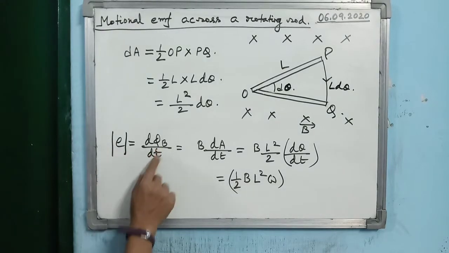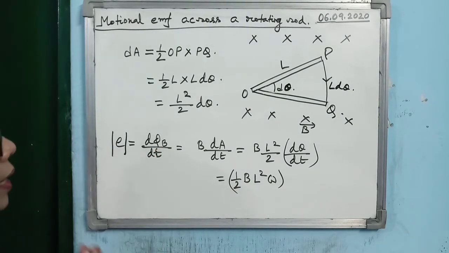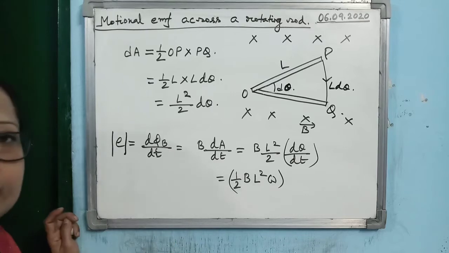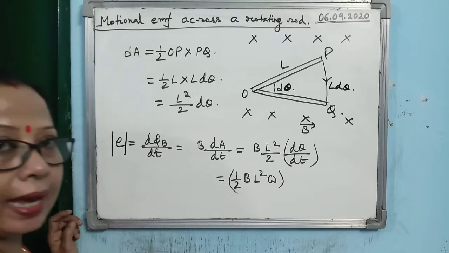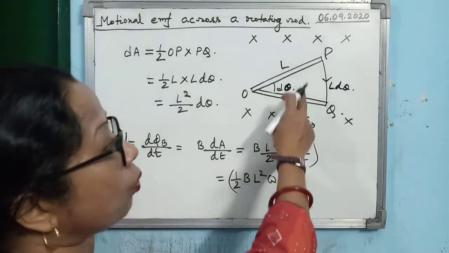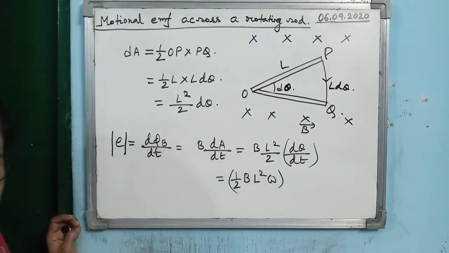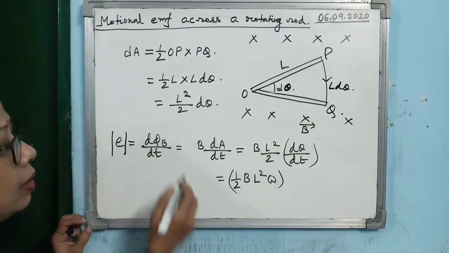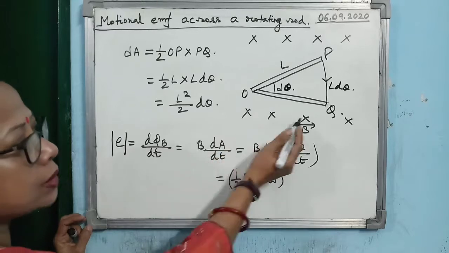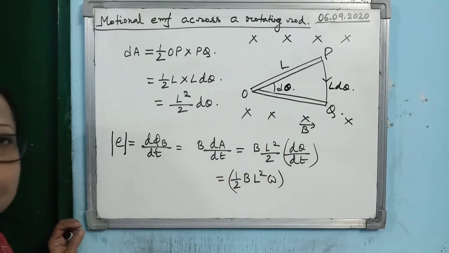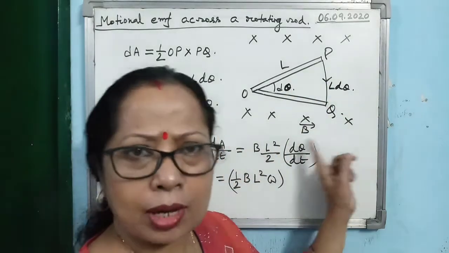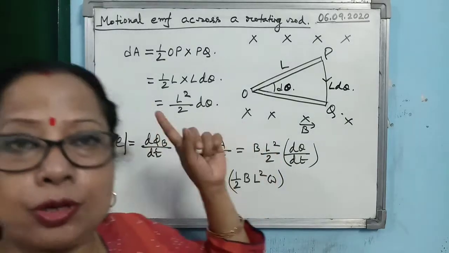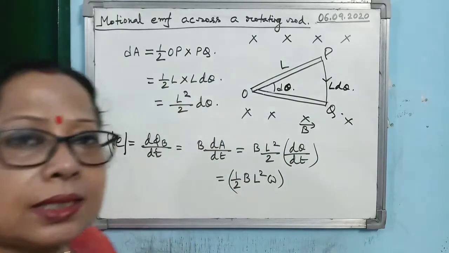So E is equal to d phi B by dt, and you know phi B is equal to B into A, actually BA cos theta. Now what is the angle theta here? 0 degree, so cos theta is 1. So you can take B outside the derivative. Why can you take B outside the derivative? Because it is a constant quantity here. It's a uniform magnetic field we have considered.